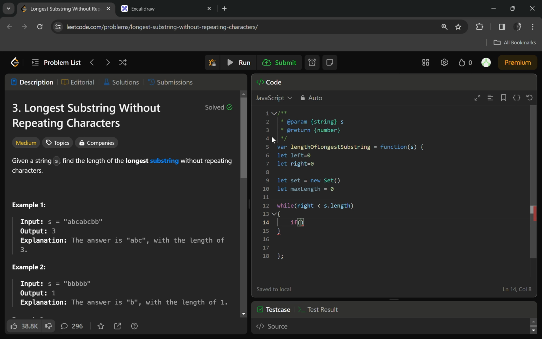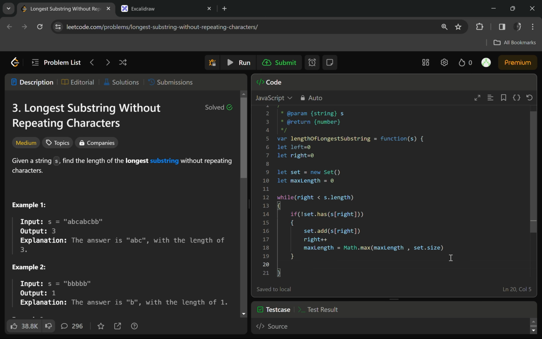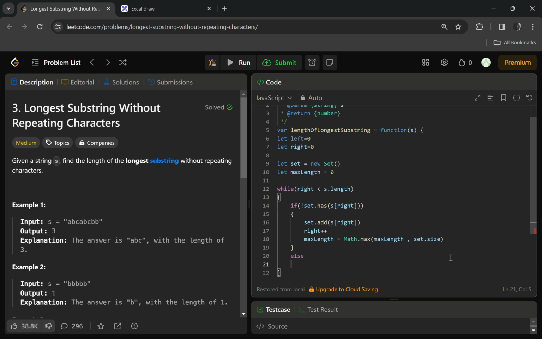So if the set does not have the element which is s of right, we'll add it. We added it. Now we'll move the right pointer forward and we'll update the max length. It will be the max of the current max length or the set dot size, which is the size of our current set. And if it has the element, what we'll do is